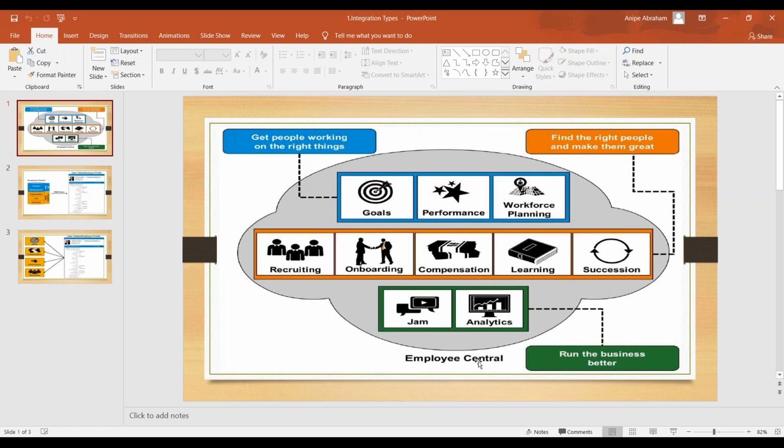Employee Central is the place where you maintain the record of the employees. But now you should exchange the data. For example, you are implementing performance management, or recruitment management, or even variable pay and compensation as well.